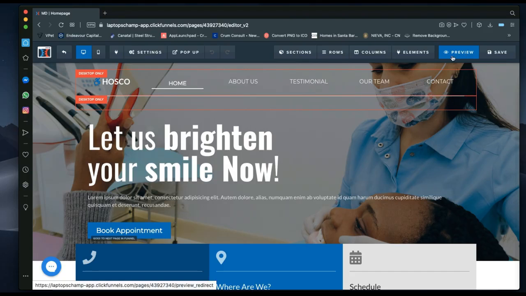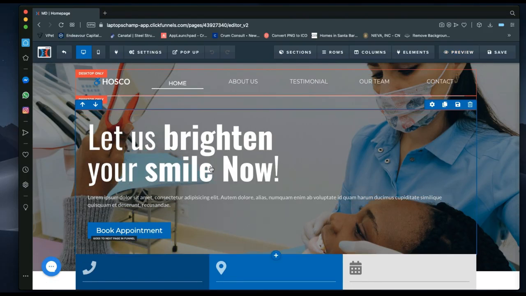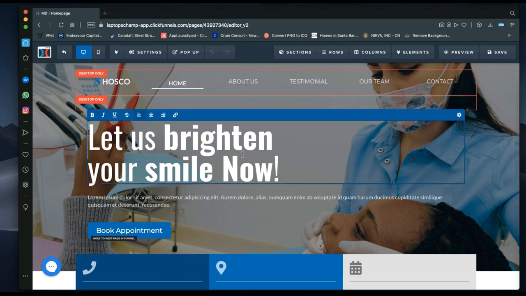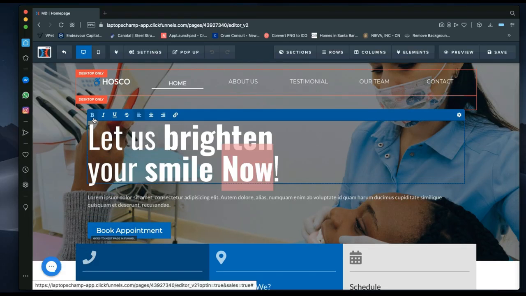Alright, so you can see we've changed this to "let us brighten your smile" now. You might be asking yourself, why is this part bold and this part isn't? If I click on it again, I'll show you why. I selected some parts to be bold. You can see this part, I selected it to be bold. I can make it not bold anymore by hitting this B button, and you can see